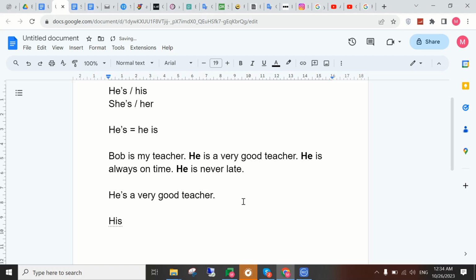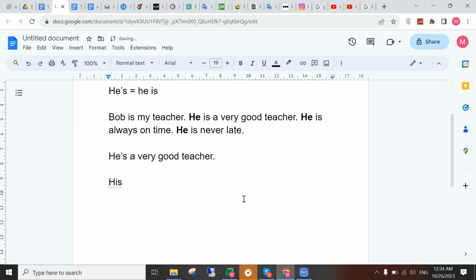Now, the other one that causes a lot of confusion is his. So his is the possessive adjective for men or for boys. So what is the meaning of possessive? Possessive talks about something that belongs to someone. Okay, for example,